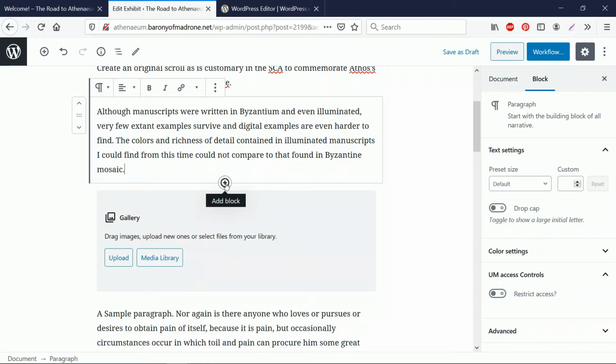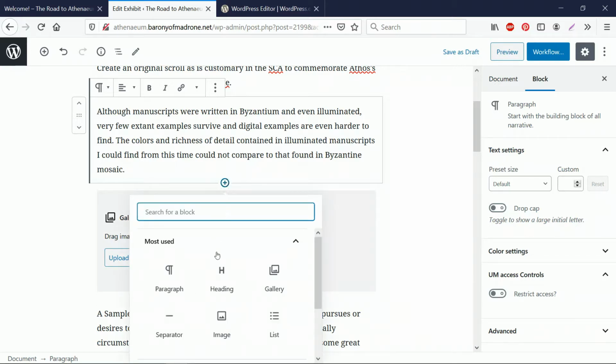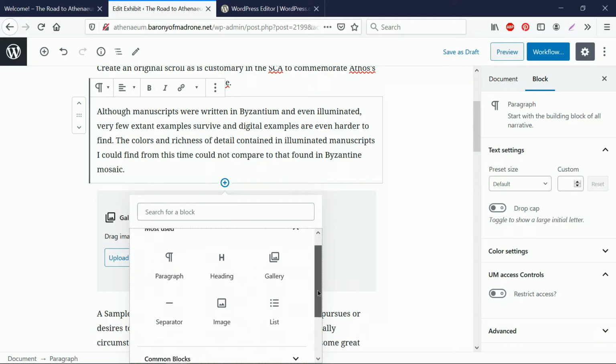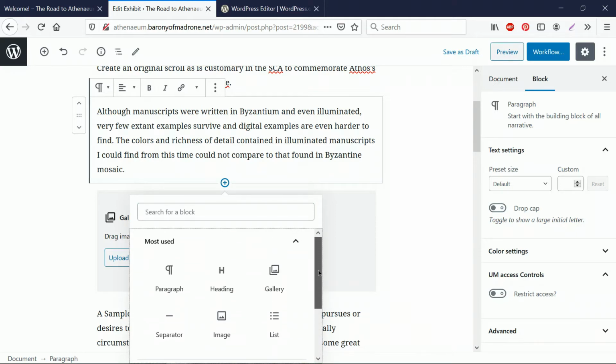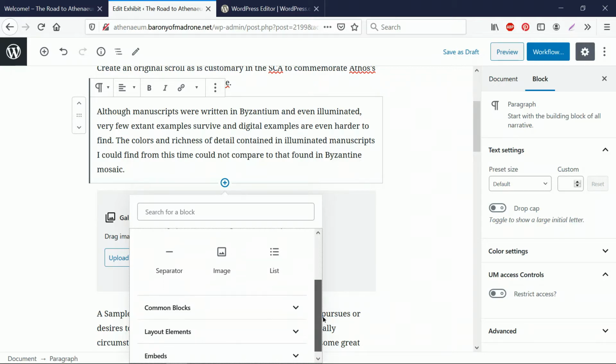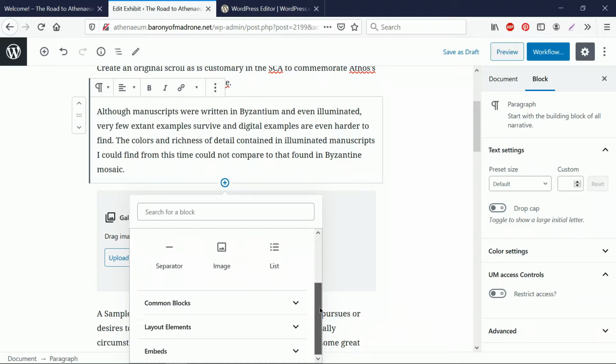appears. And if you click on this plus to add a block, it will show you all the blocks that are available to you. If you look at some tutorials, especially that WordPress.org page that I mentioned earlier, you might see more choices here for blocks. I've actually limited your choices so that it wouldn't be overwhelming or too confusing. We also want to limit the elements that each exhibitor can use because we don't want to create an uneven playing field. So I'm just going to add a plain image,